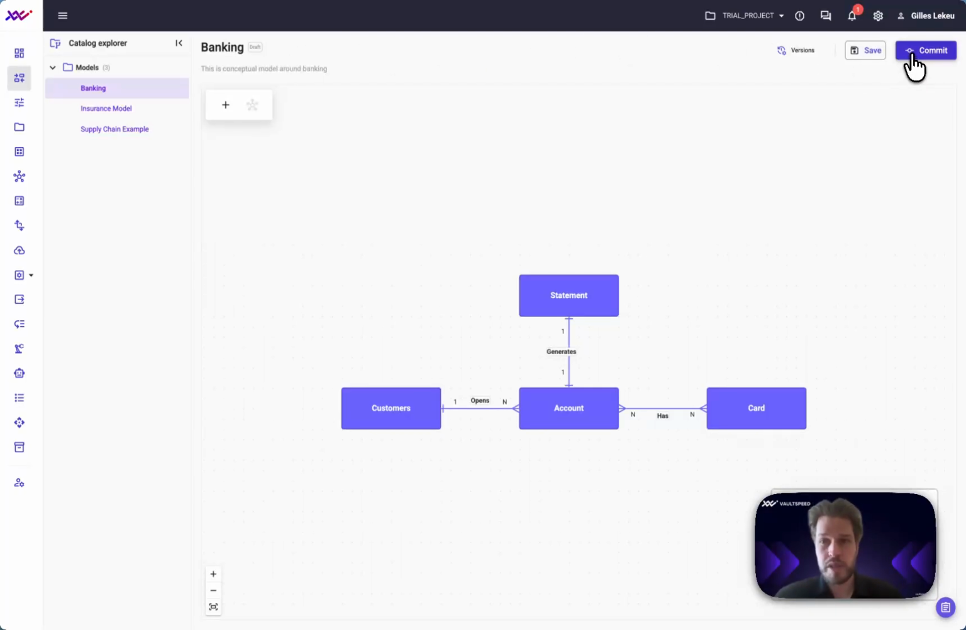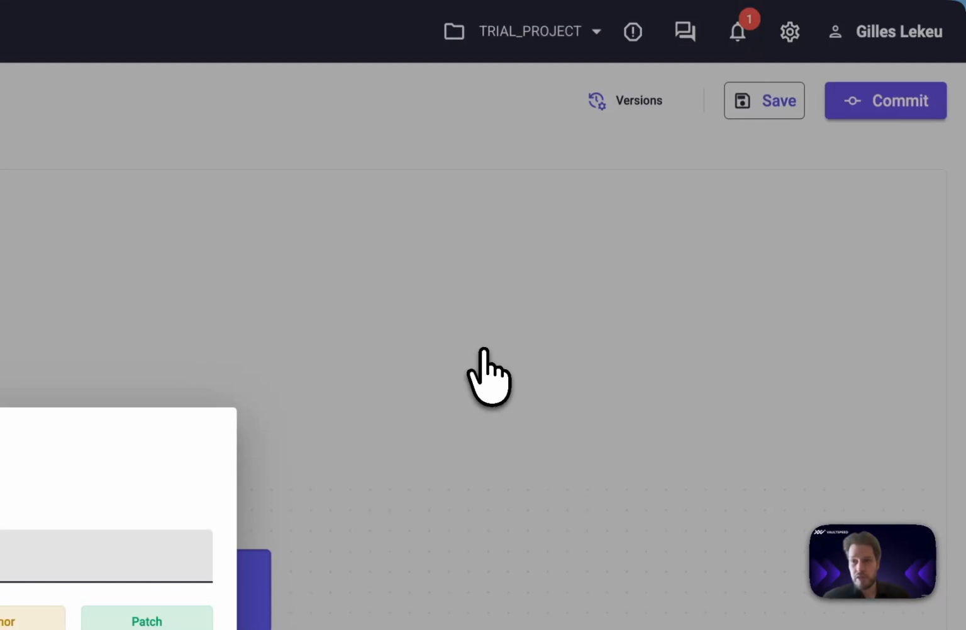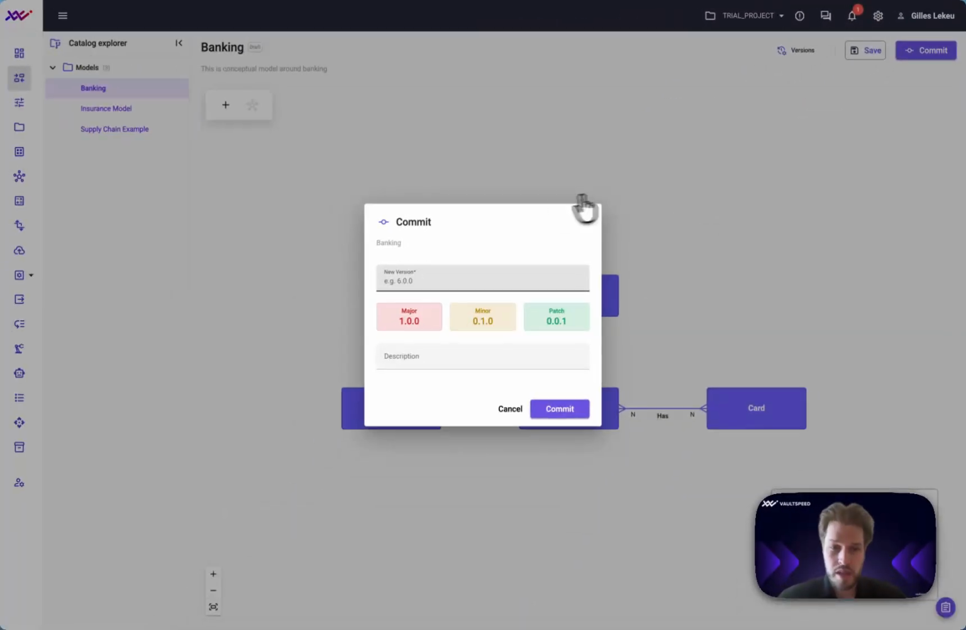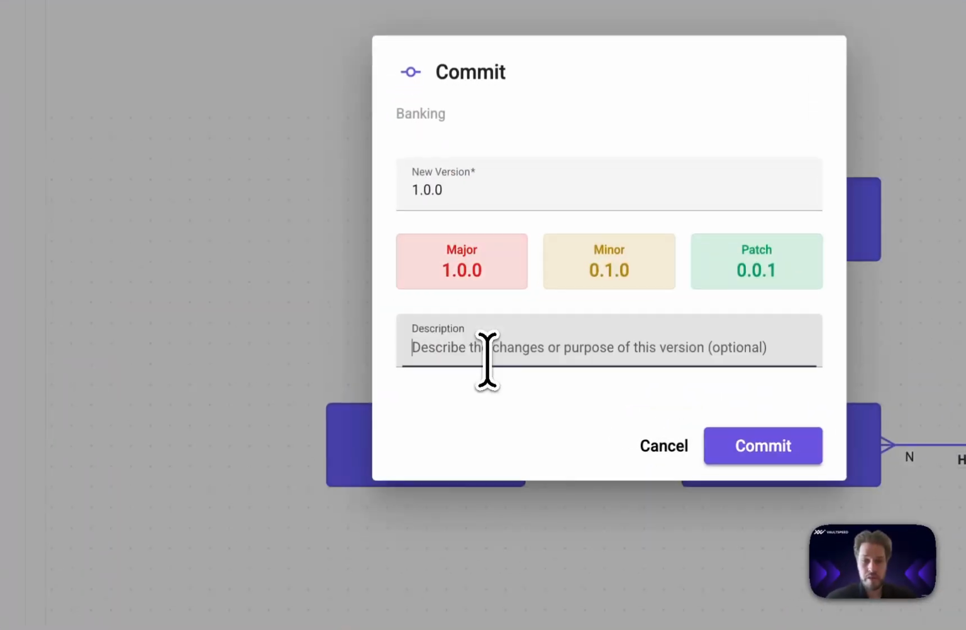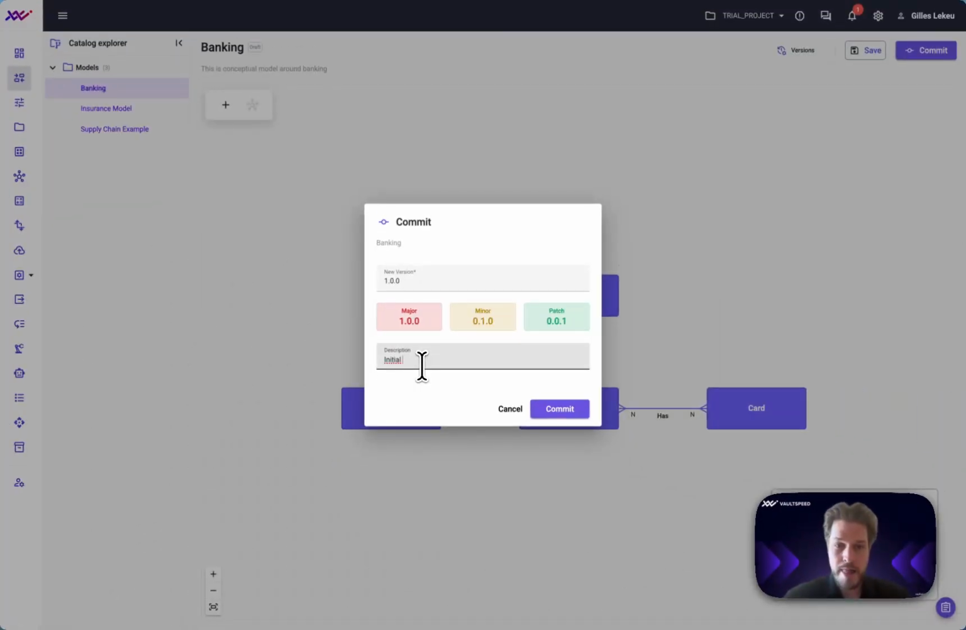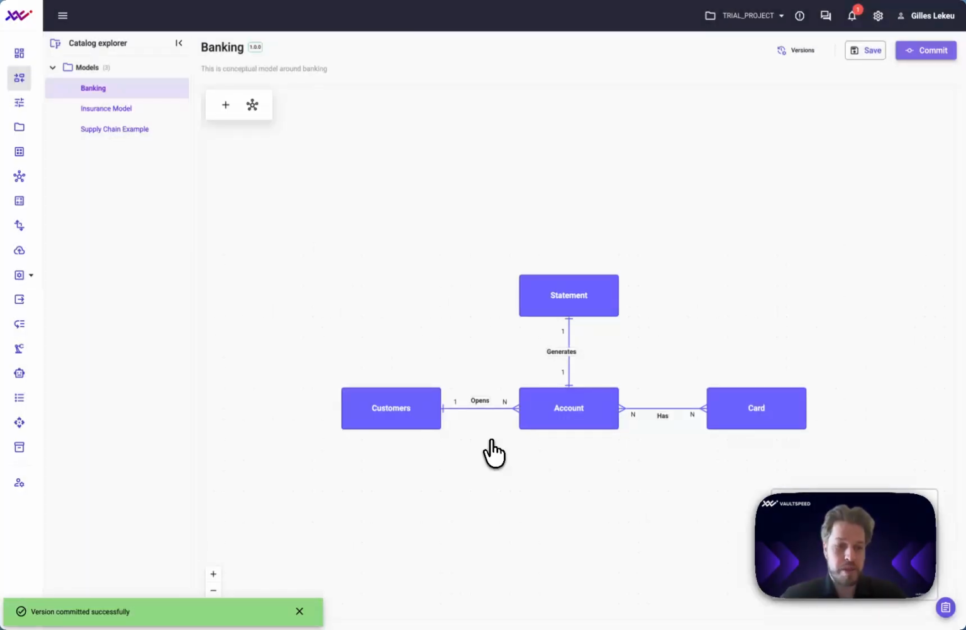Now, how do you commit it? You click the commit button in the top right corner and you give the version a number. Now, in my opinion, this is a major version because it's a first release. So we can click on the major button and we can say the initial release. If we now click the commit button, you will see we get a message, "Version committed successfully," and we